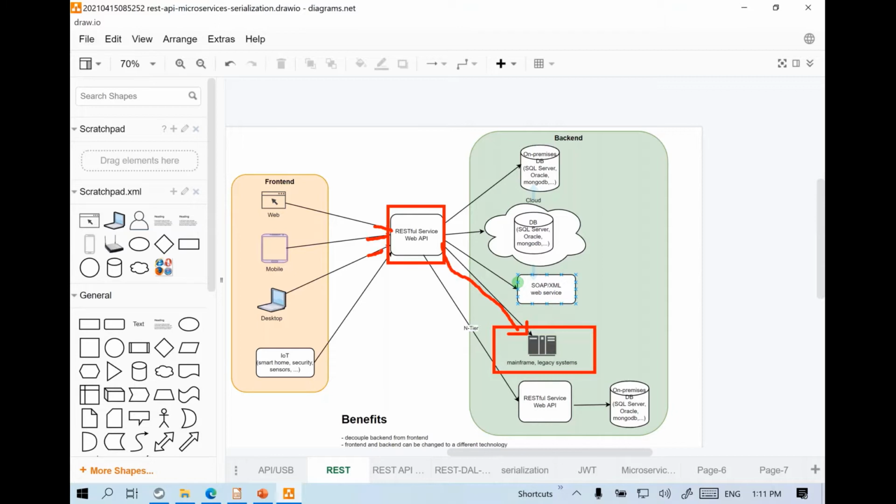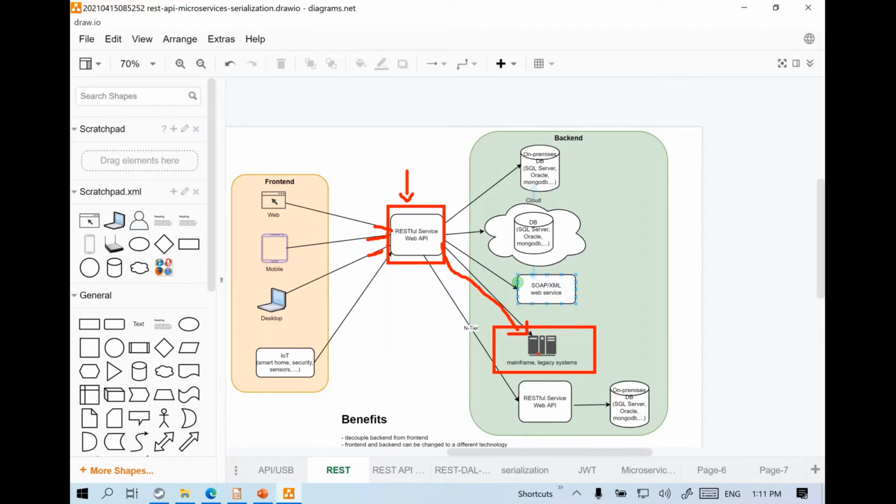So we have modernized our mainframe systems. Same goes for databases as well. You could have, let's say, some proprietary database server or a legacy database server, and you can modernize it by creating this interface or API layer on top of it. So all the front-end applications or other applications do not need to know what your underlying database server is and so on.